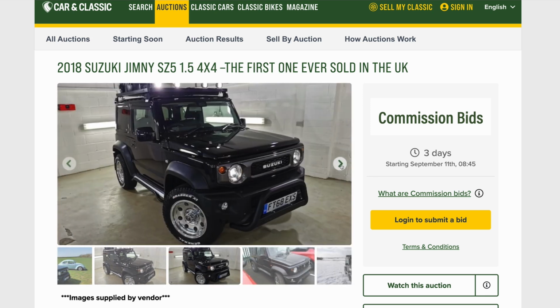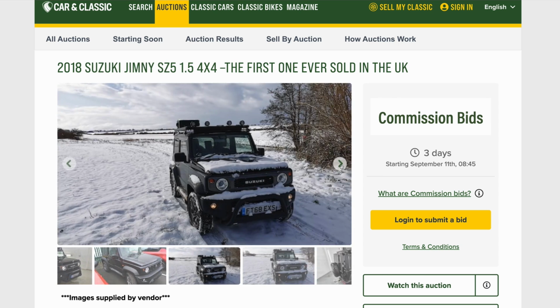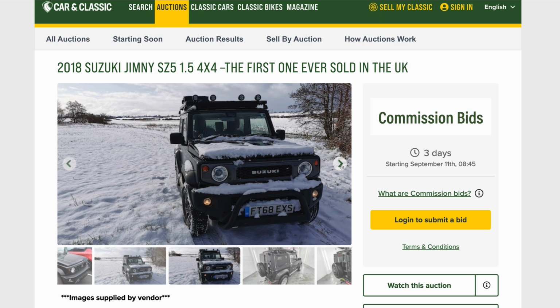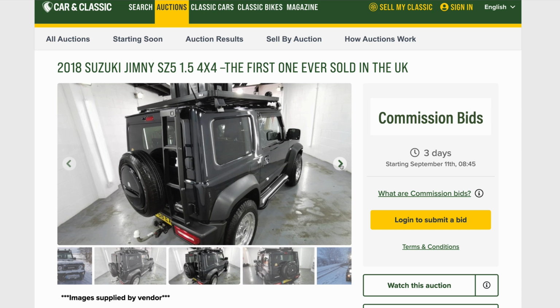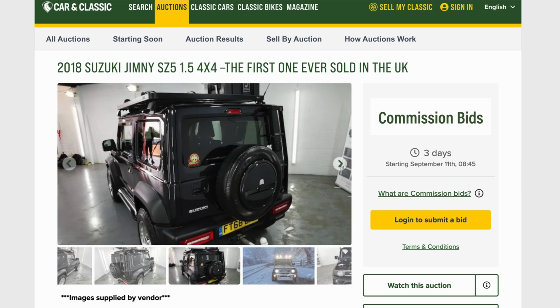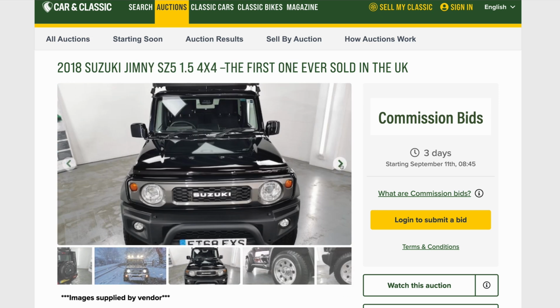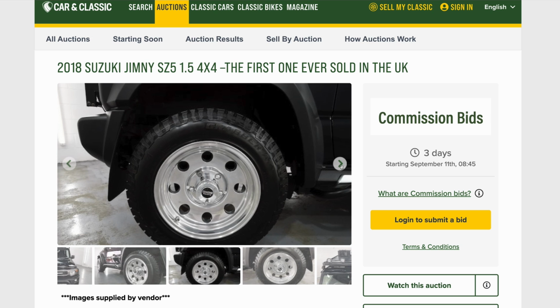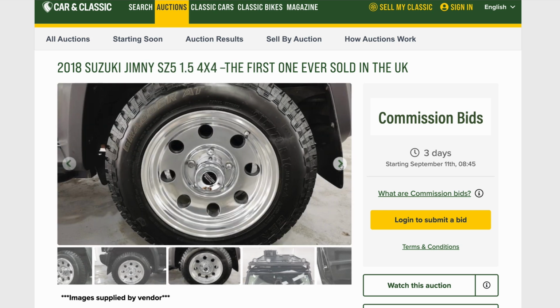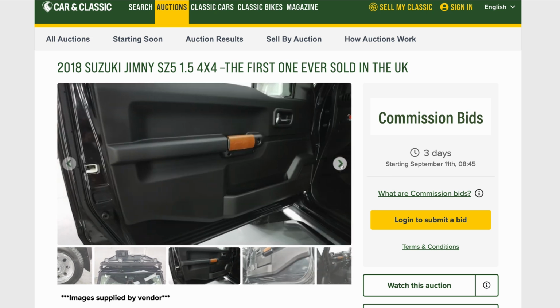Speaking of which, when advertising a car, please don't waste paragraphs explaining the manufacturer or the model's precise history. They've got books and websites for that. Touch on it by all means, but this is about your individual example. I wanted to ensure we got some attention from the headlines, so I mention immediately that it's the UK's first Jimny sold. Photography is key, as I've mentioned already, and we use a combination of the detailing bay images here